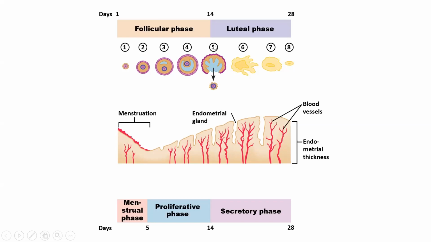And then we can look at the final phase, the luteal phase of the ovarian cycle, which is where we have a rupture of that oocyte, and then we have the corpus luteum taking over the hormone production. And that is coinciding with the secretory phase of the uterine cycle, which is where the uterine lining is thick, it's white, it's in its most developed state in preparation for successful implantation of the fertilized oocyte. Okay.